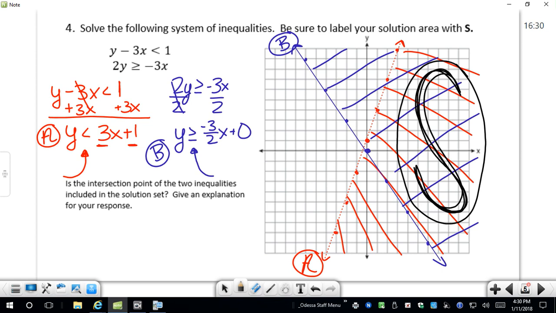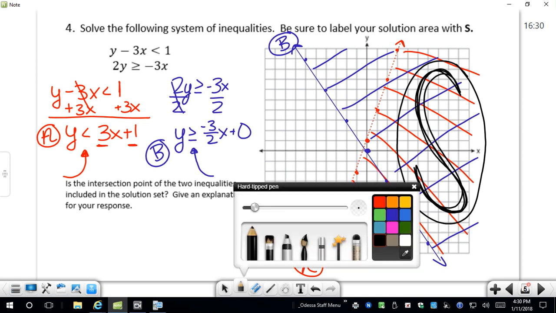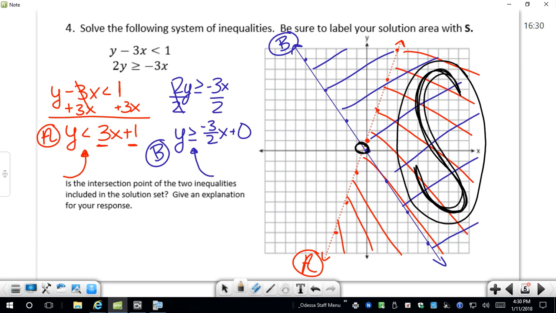Now, they hit us with a question here at the end. They say, is the intersection point of the two inequalities included in the solution set? Give an explanation for your response. So, guys, here's that intersection point right here. There it is. Now, it doesn't matter that we don't know that intersection point because they don't ask for it, but we should recall that an intersection point that includes a dotted line is not in the solution set because dotted lines indicate that the points on that line are not part of the original inequality. So in this case, we would answer no,